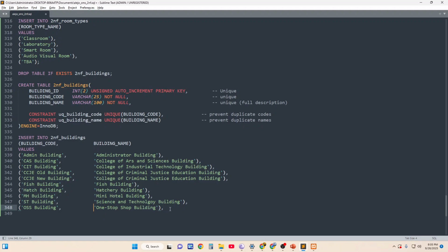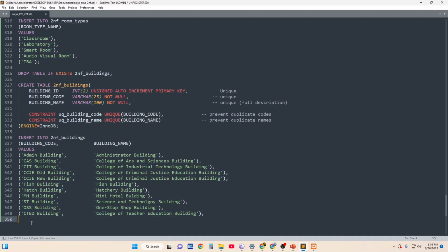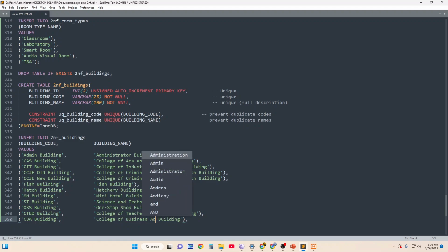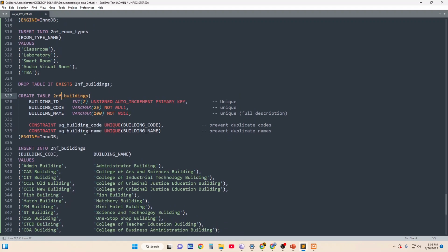building, and we have also the seated building, and this one will be the College of Teacher Education building, and the last one will be the CBA building for Campus 2. We have here College of Business Administration building, and then have here semicolon. So we have already here